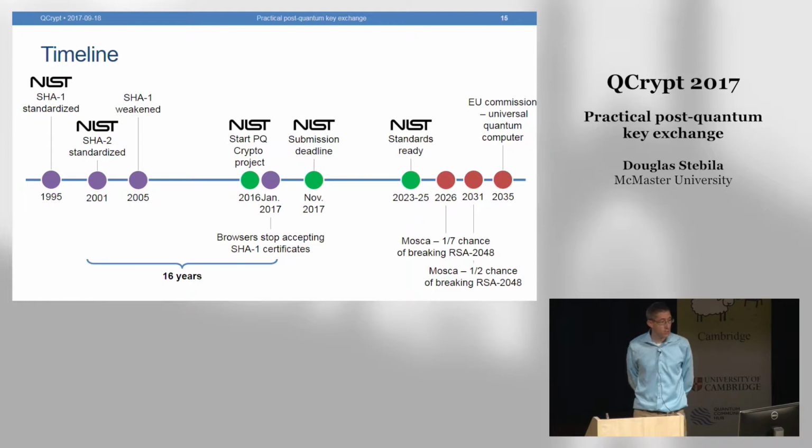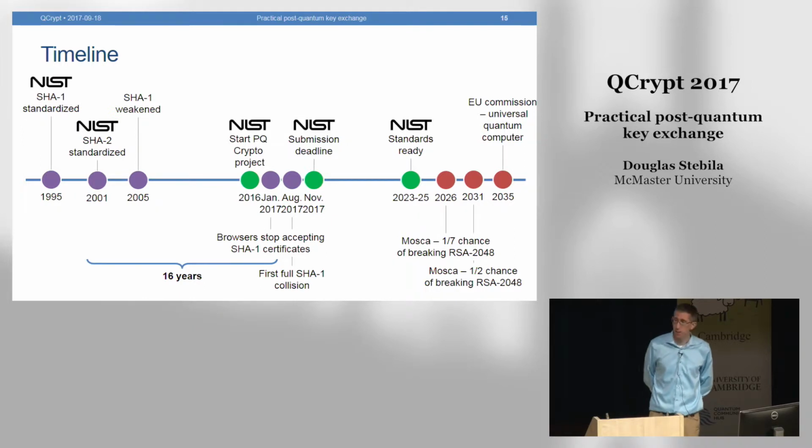So it took 16 years from when the replacement was standardized until it was deprecated in widely used software. And that came just in time because last month at Crypto, the first full collision for SHA-1 was announced. Okay? So it took 16 years to replace or to deprecate old crypto and replace it with new crypto. So that makes the NIST post-quantum timeline for standardization look a bit tight compared to the potential advent of quantum